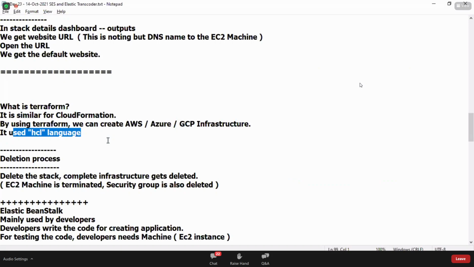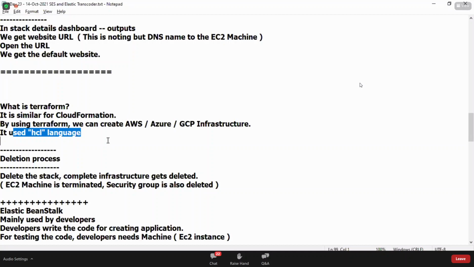So in AWS, how do we have to create it, sir? In the Terraform user interface, you have to select which cloud platform you want to run it on. And if you select the cloud platform, you need to provide the credentials of that AWS cloud login details. According to that, it gets created. Okay, got it, sir.